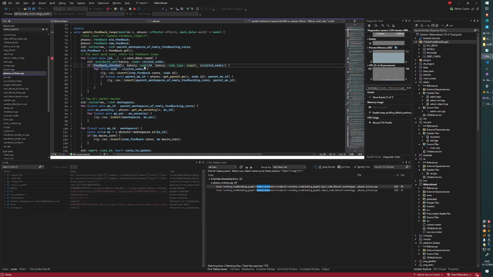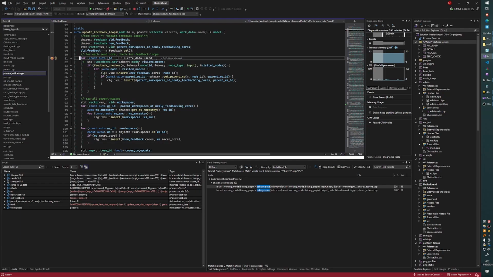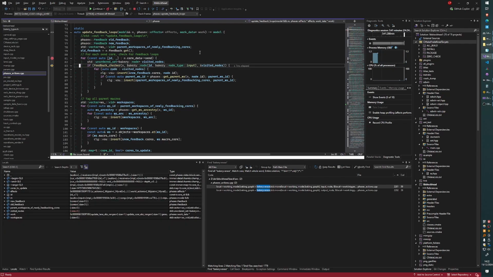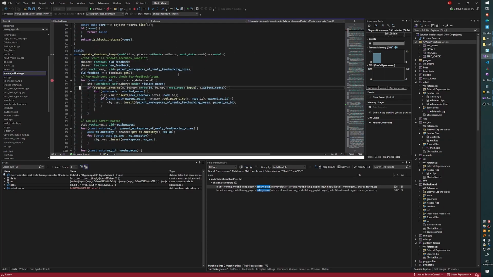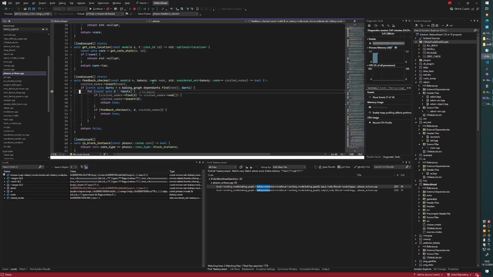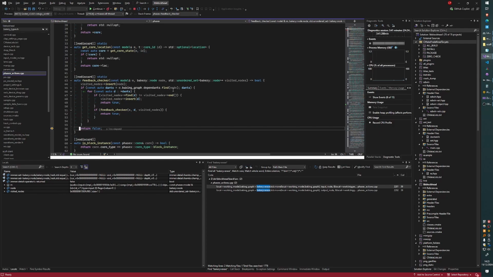Alright, so this should return true, and it doesn't. So let's see what is happening here. Feedback checker. For baking graph dependence, find node. So this is finding the dependent blocks of the send, I think. Yes. So it finds, okay, this list is empty. The dependent of the send. The dependent